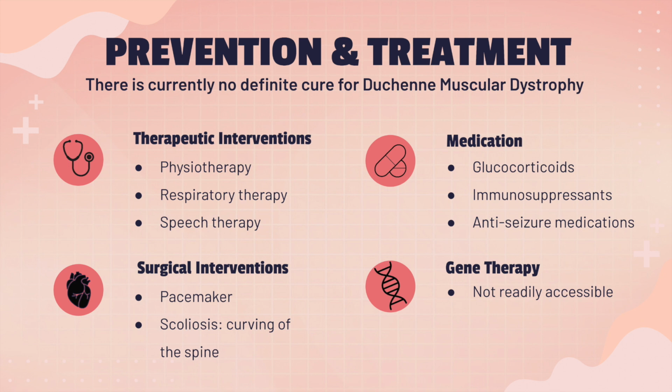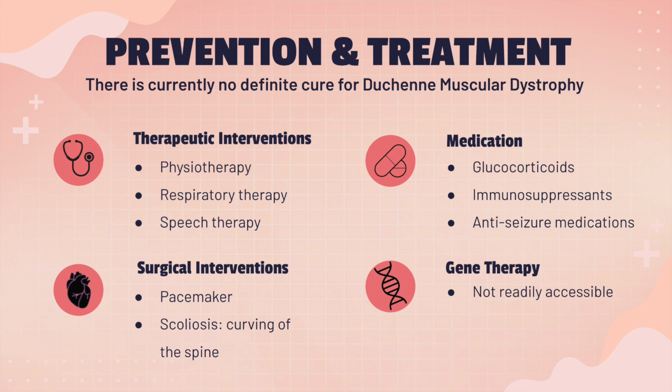While there is currently no cure for DMD, there are numerous therapeutic options that can help delay symptoms of the disease. These can include physiotherapy to prevent muscle weakness, respiratory therapy to maintain breathing ability, and speech therapy to prevent breakdown to the muscles of the face. Surgery can also be an option to prevent the onset of more serious symptoms, such as through the implementation of a pacemaker to address problems with the heart's rhythm, or through the correction of scoliosis to maintain breathing.